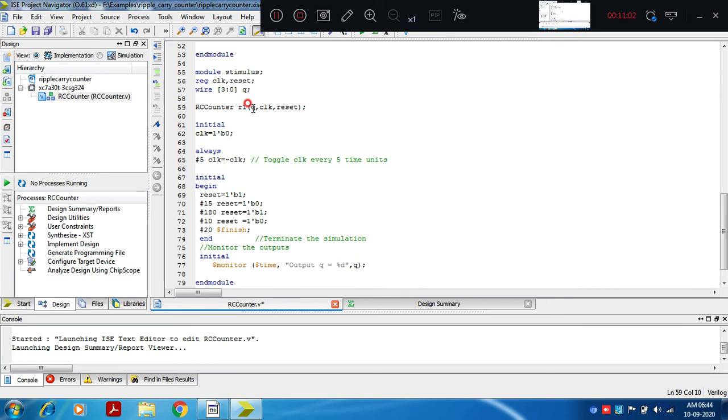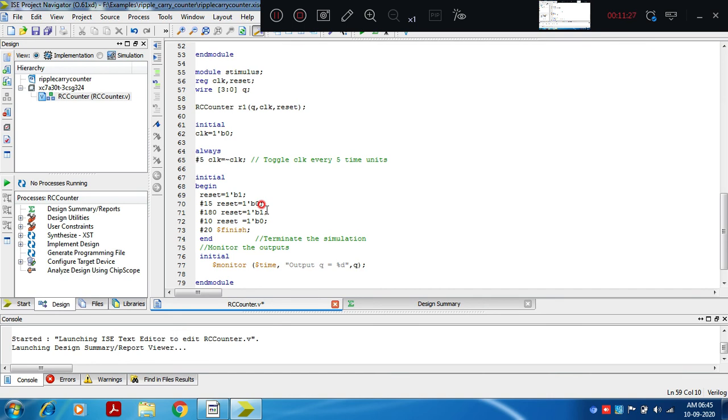It goes on counting starting from 0, 1, 2, 3, 4, 5, 6, 7 like that till 195 time units. The negative edge repeats after every 10 time units. Then at 195 reset becomes 1, so Q should become 0.